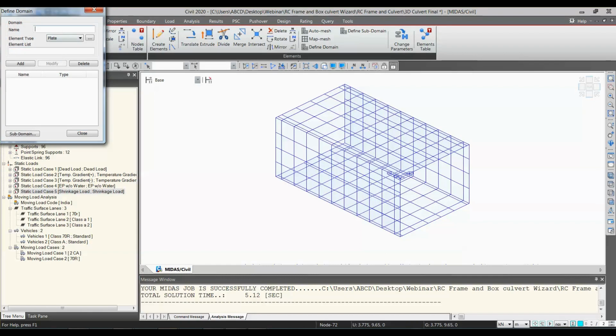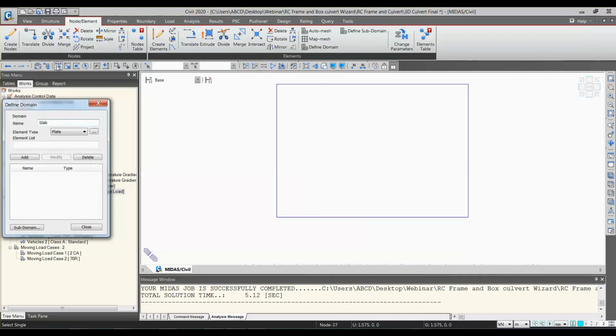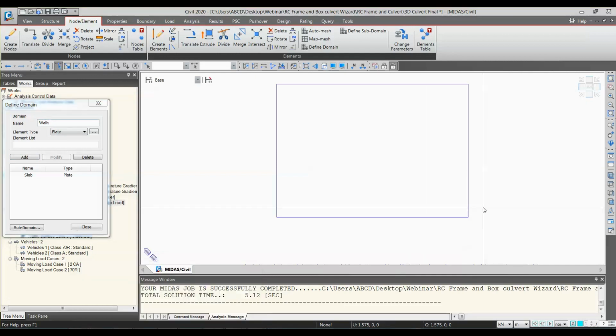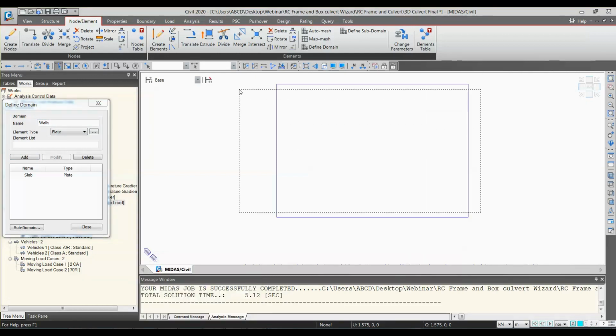I will define it as slab, and I will add both the slab elements like this, add. And now the next is walls. As I explained, this is nothing but the generation of a broader group, whether it is wall or plate.